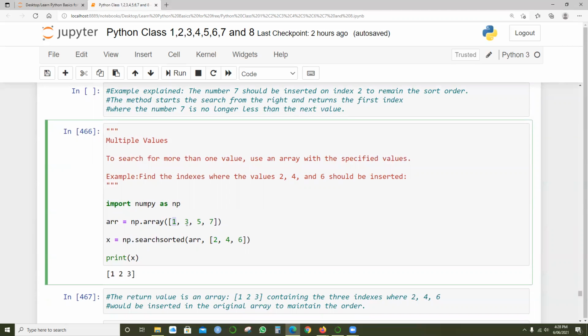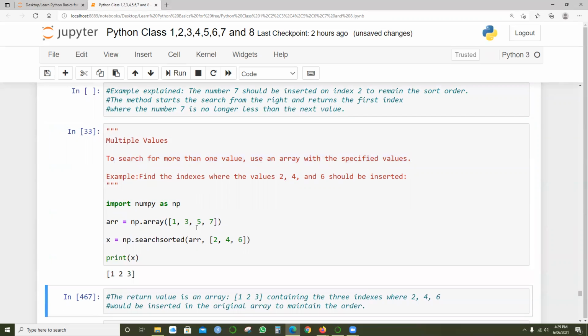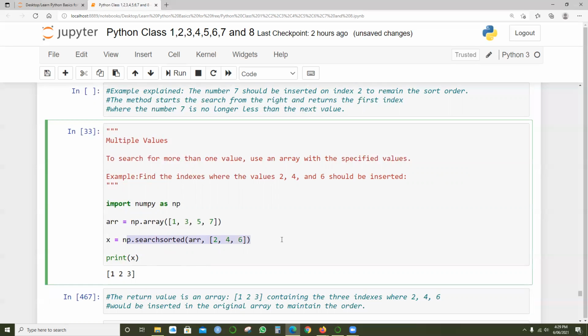When I run this, we're getting 1, 2, 3. x equals np dot searchsorted array 2, 4, 6.